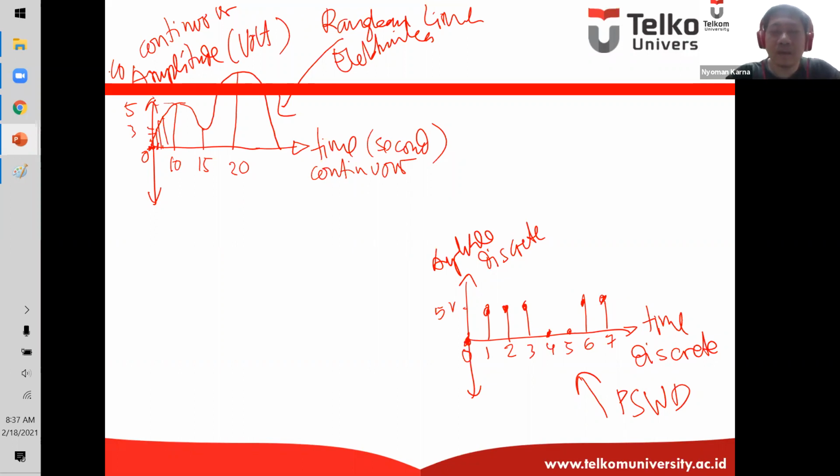Now, we have this type of signal, and also we have the second type of signal. We also have another two types of signal.